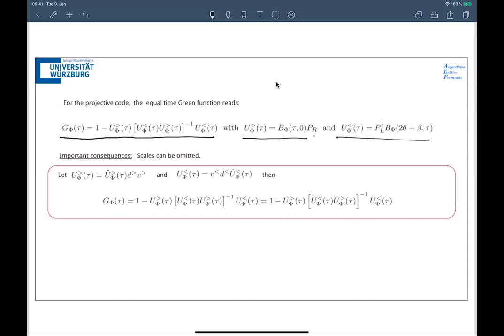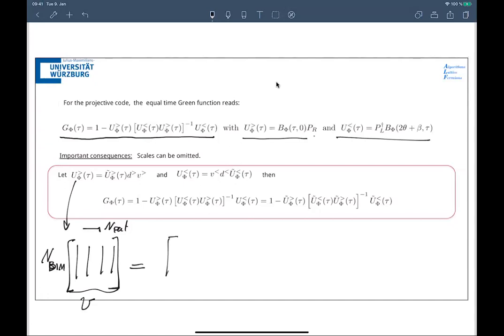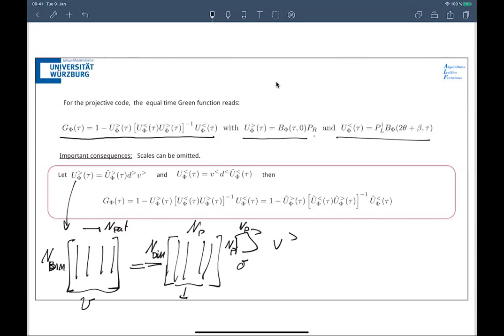So if I take this U as a set of vectors, this would be my matrix U. This would be the number of particles, and this will be the dimension here. Then I can do a Gram-Schmidt orthogonalization of these vectors. So I will have new vectors, which are all orthogonal to each other. And then I need this D matrix and this V matrix. So this is n particle times n particle, and this is n particle, and this is n dim, the number of one-particle states.